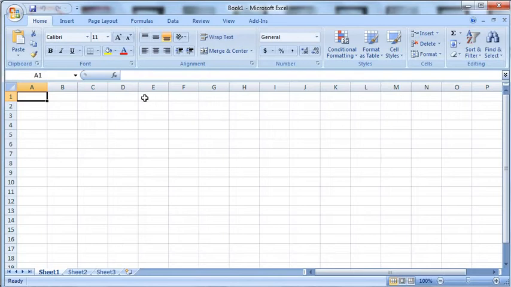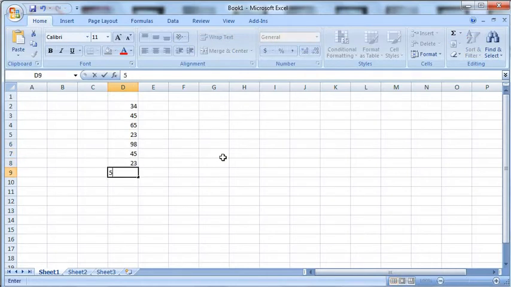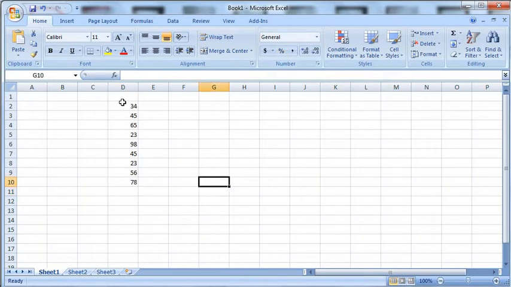Here, suppose we have some data: 34, 45, 65, 23, 98, 45, 23, 56. Randomly some numbers have been written here. I want to find out the maximum value out of this.